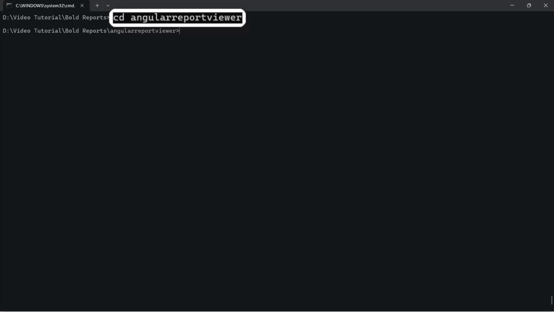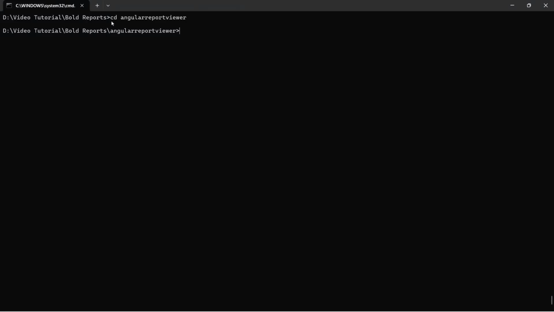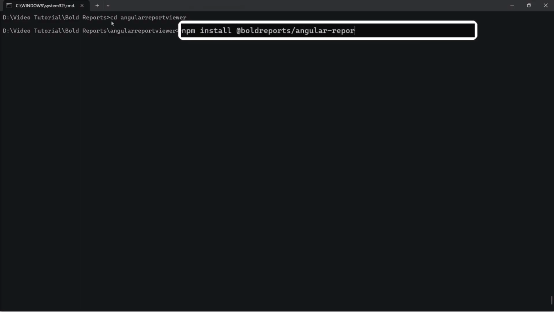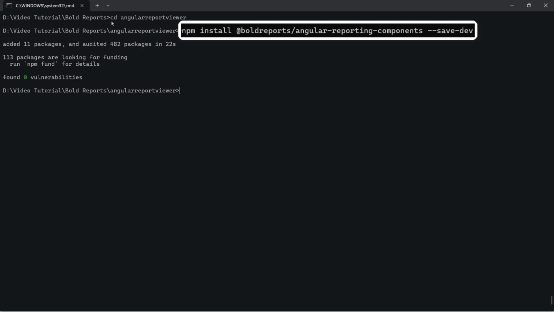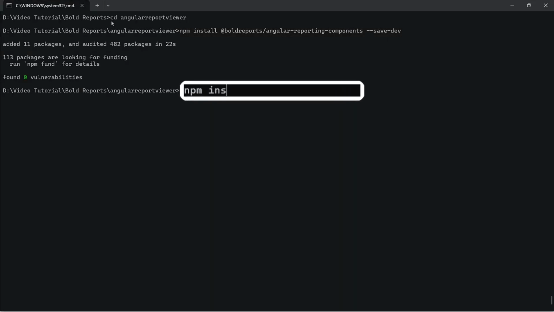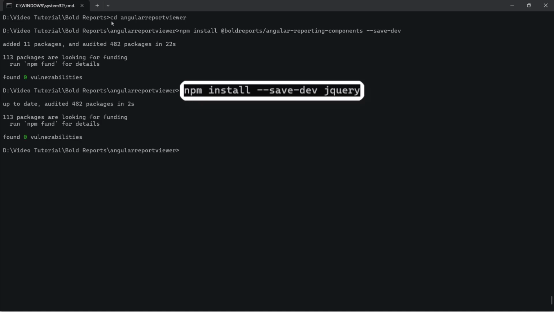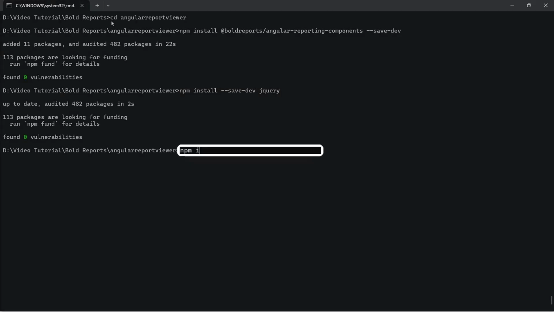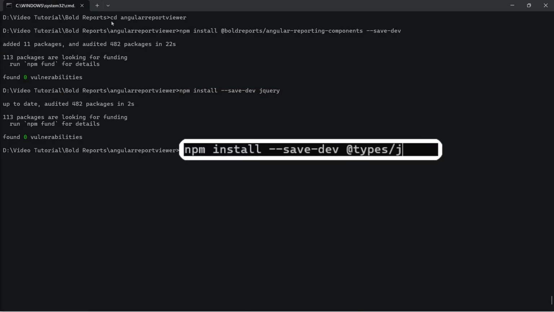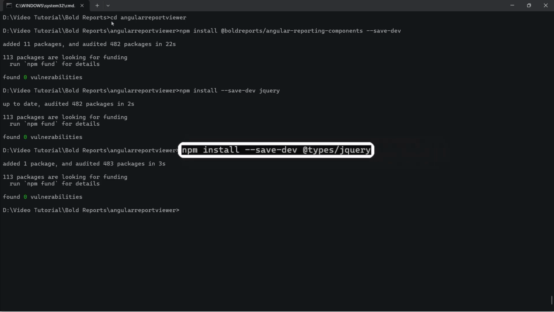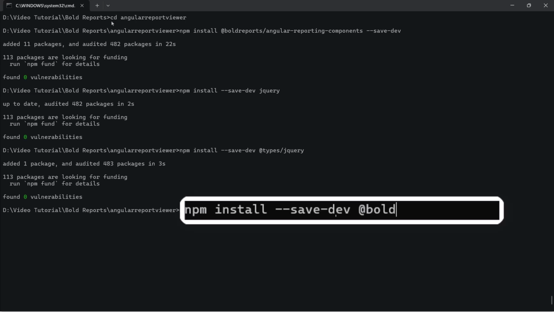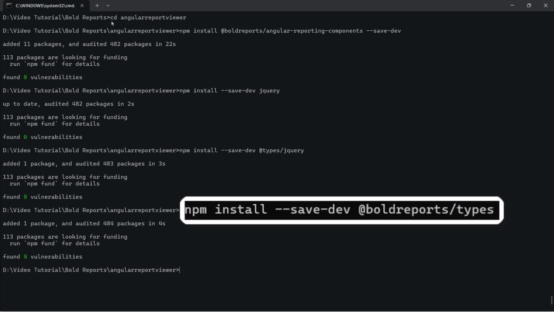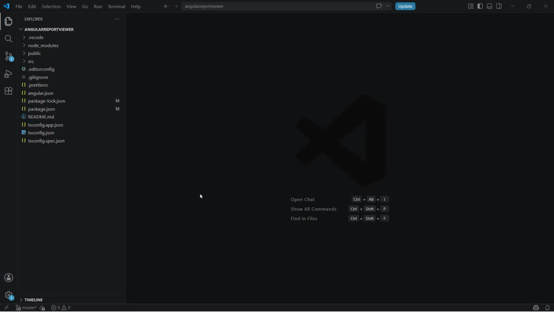I change the directory to the application's root folder, where I will install the necessary npm packages. I install the Bold Reports Angular library, which provides components for reporting functionalities. Then I install the jQuery dependency, which is a JavaScript library used to simplify DOM manipulation and event handling. I install the TypeScript definitions for jQuery to enable IntelliSense and type checking. And then I install the TypeScript definitions for Bold Reports, which provide autocomplete and type safety when working with the Bold Reports APIs. I open the application in Visual Studio Code